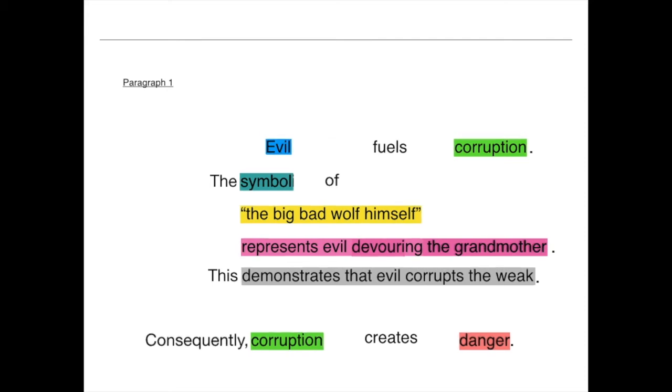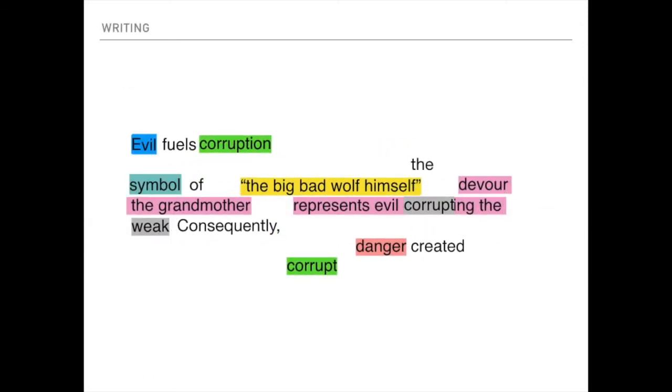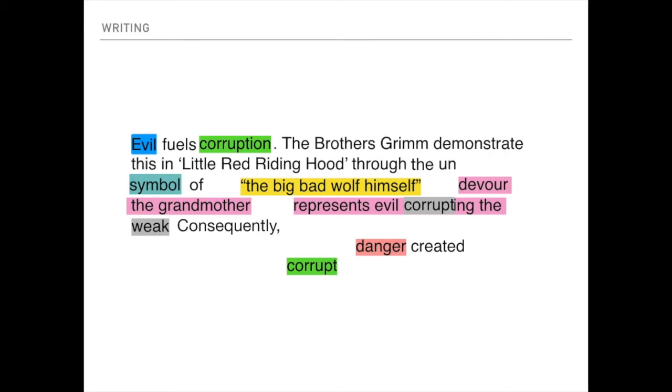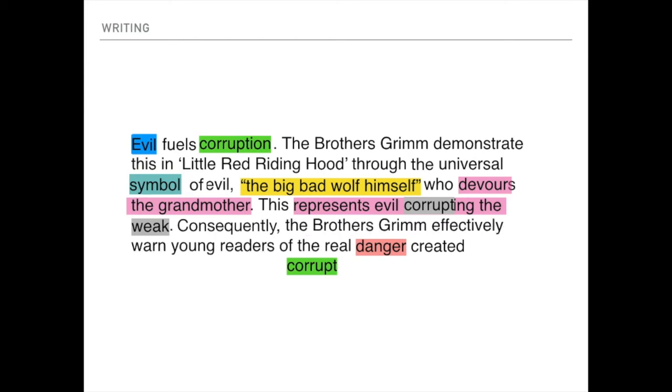So at this point, you can start to see your paragraph take shape, and from there it's a matter of elaborating on your ideas by providing more specific information. So evil fuels corruption. The Brothers Grimm demonstrate this in Little Red Riding Hood through the universal symbol of evil, the big bad wolf himself, who devours the grandmother. This represents evil corrupting the weak. Consequently, the Brothers Grimm effectively warn young readers of the real danger created when evil has an opportunity to corrupt